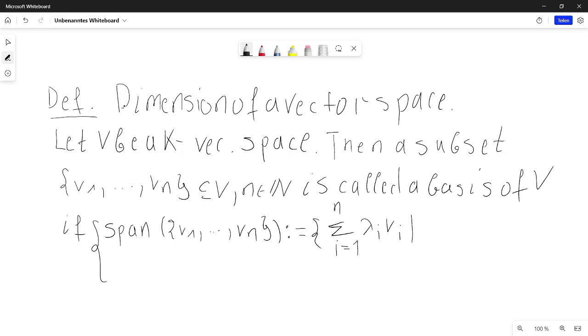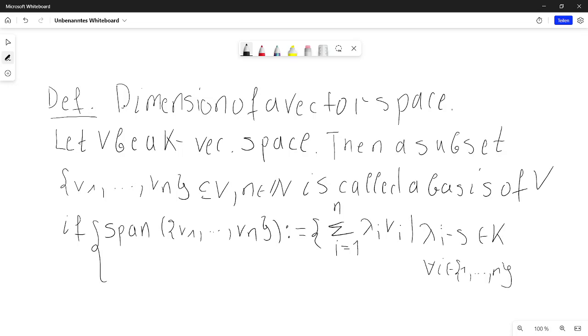Clearly, that is inside of V. For that we need, of course, the lambda i's in K. That is just the language expression, right? Well, the proper writing would be